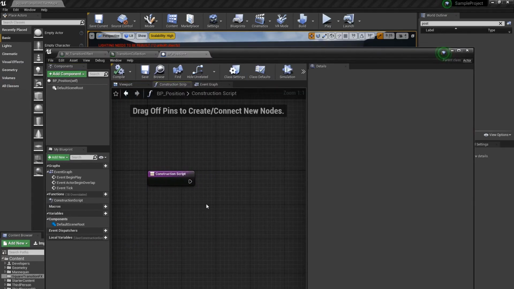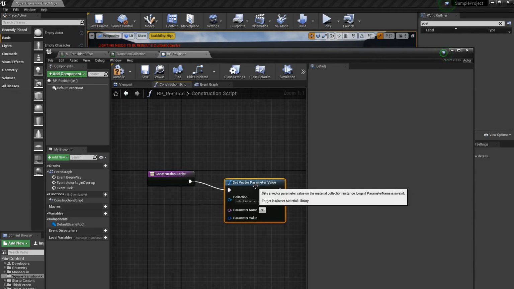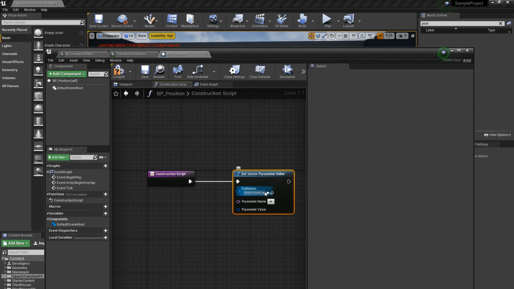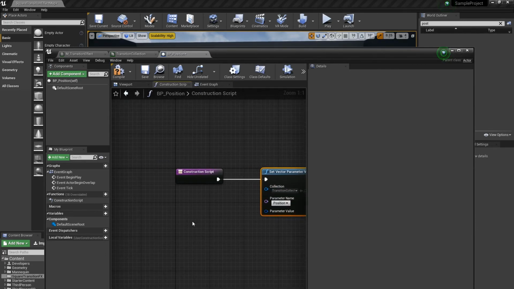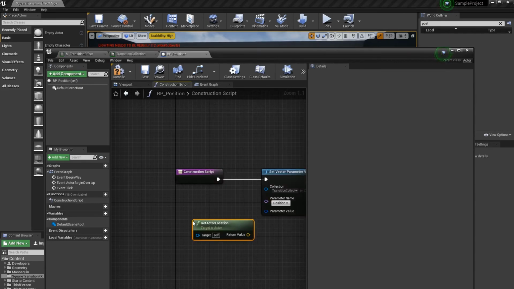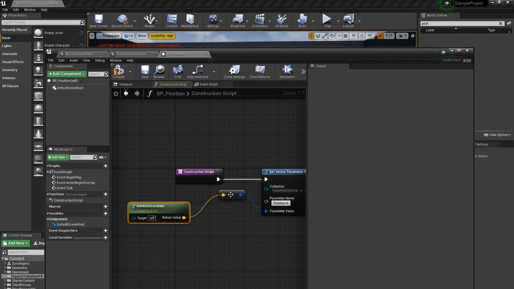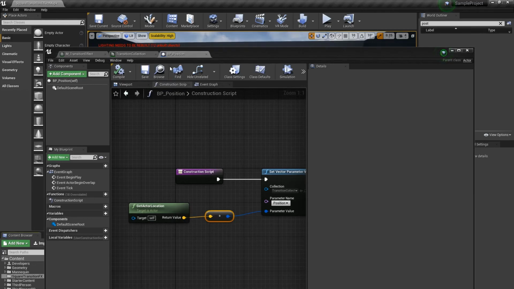Okay, in the construction script, now I'll say set vector parameter value, and the collection will be the transition collection, and the parameter name is position. I'll get the actor's location, and I'll just input it here. Save it,